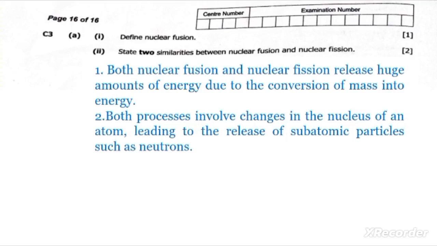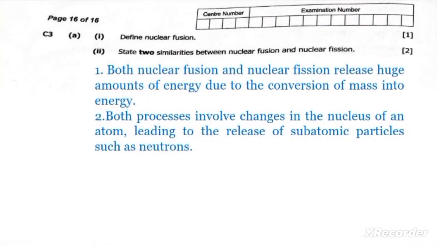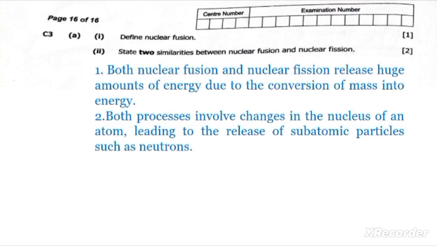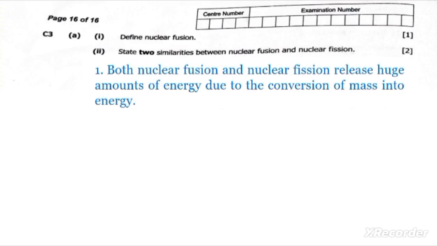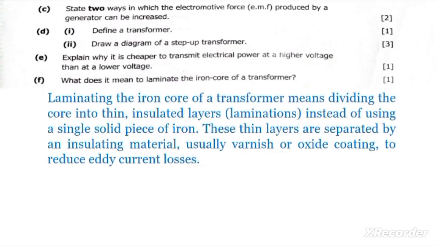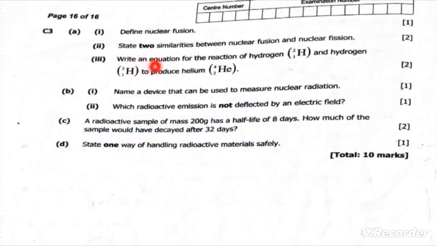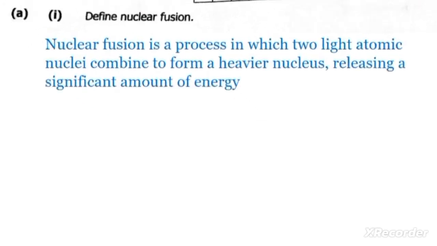We have answered this one. Let us move to the next question, which is question Roman numeral 2. Write an equation for the reaction of hydrogen 2 and hydrogen 1 to produce helium. Okay, so they want us to come up with the